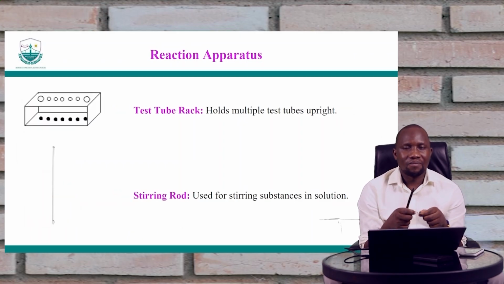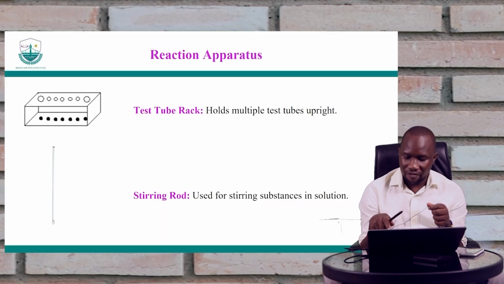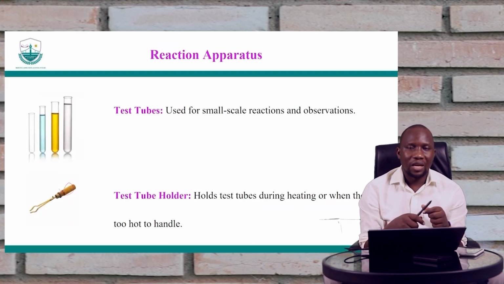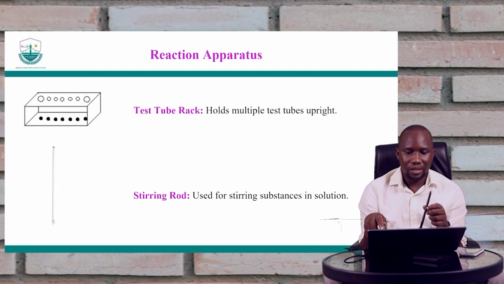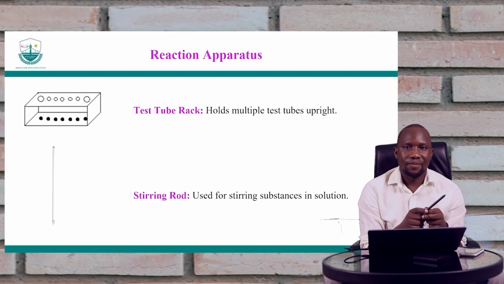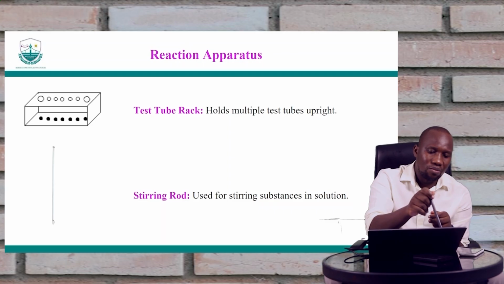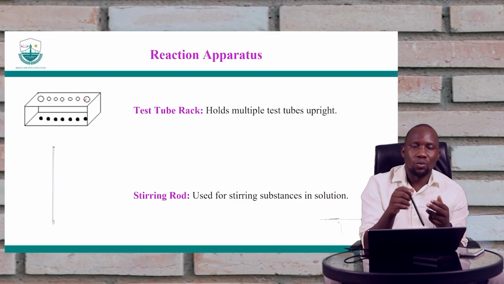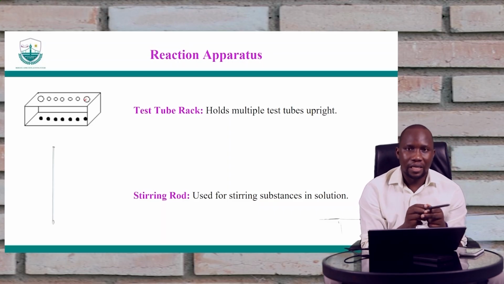And then these test tubes are glasses, and you can see that they are very small. They cannot be stable if you put them on a table, so they need to be held in place using the test tube rack. So you place the test tube inside, and then it will not fall and spill the